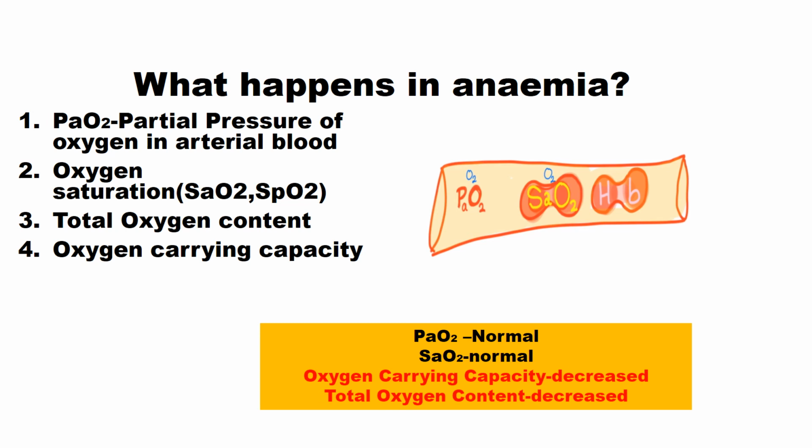So these changes in anemia will result in the clinical signs and symptoms of anemia. And in order to meet the tissue demands in anemia, what will happen? Either the cardiac output will increase, or the second thing that can happen is an increase in oxygen extraction, thereby reducing the mixed venous oxygen content and the AV difference. So these are the changes which will occur in anemia.